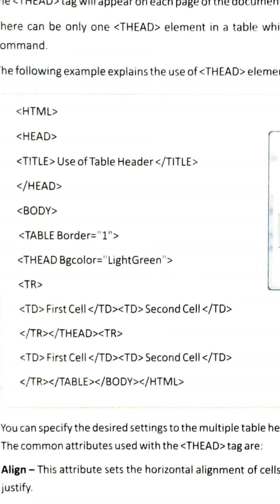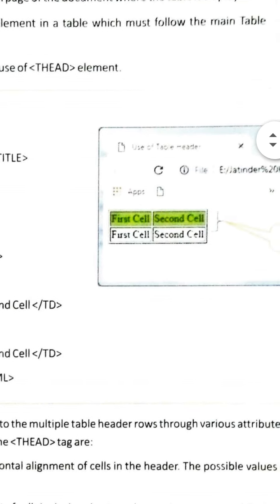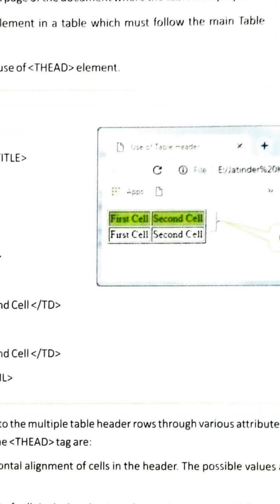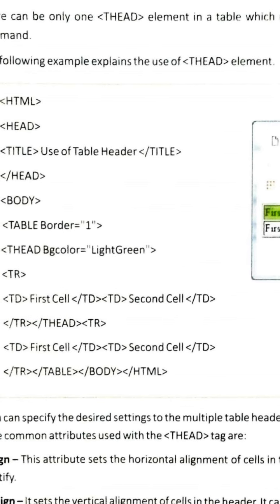In the TR, it is written first cell, second cell, first cell, second cell. After that, TR closed. The first row is completed, and after the first row, we have closed T head also. It means your first row is defined as the head.